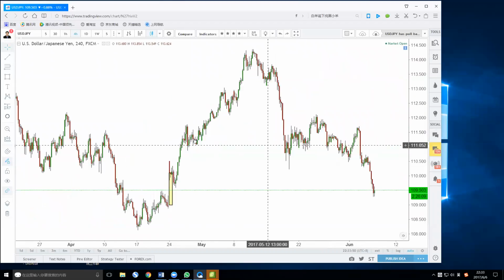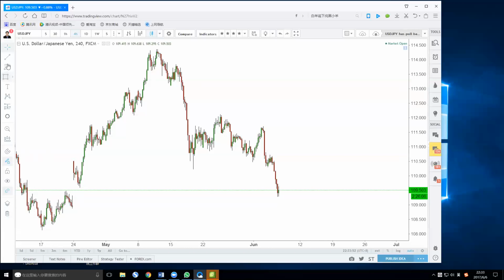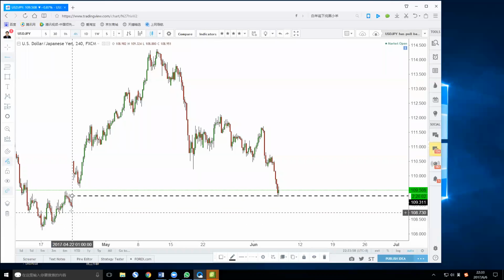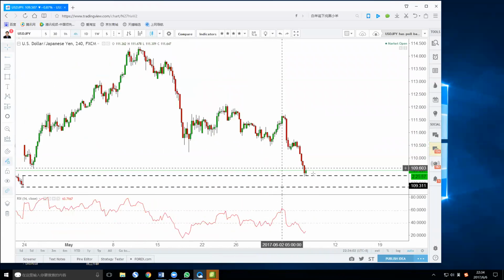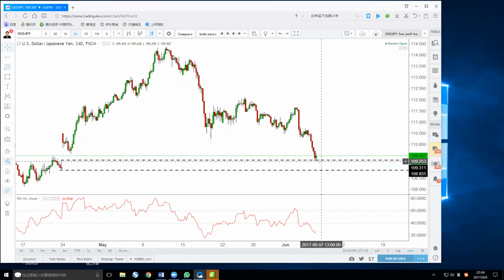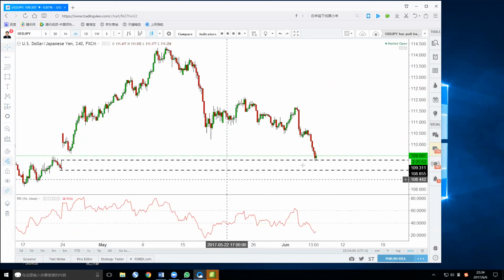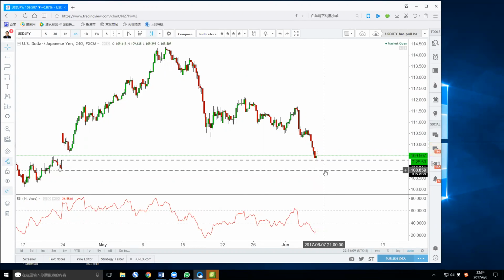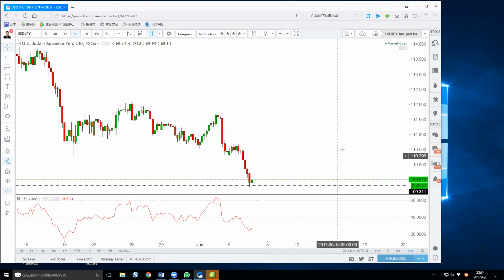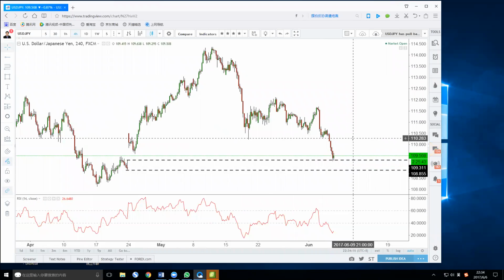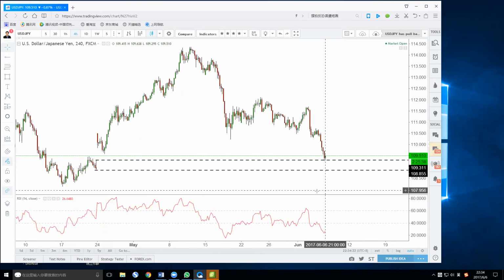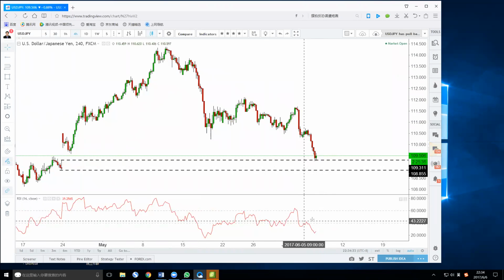So this time, I feel that the dollar yen will fill the gap. Okay, it actually did fill the gap. You see here, you can see a bounce from here. All right, so 109.30 will be a support, and if you want to buy, your stop loss should be below 108.85, and right now it's 109.50, which means it's actually a 70 pips risk range, but I feel that it's too big, too wide, and also the RSI is below 40, which means it's very, very bearish.